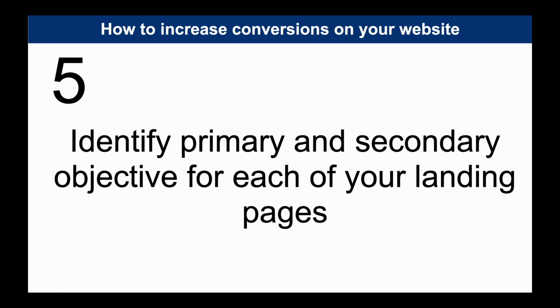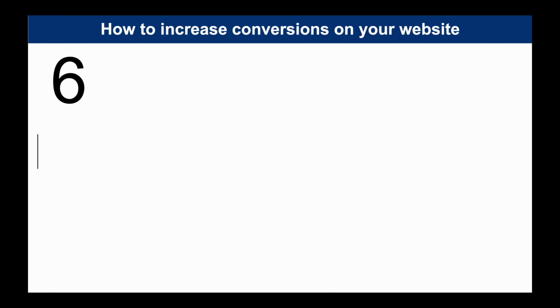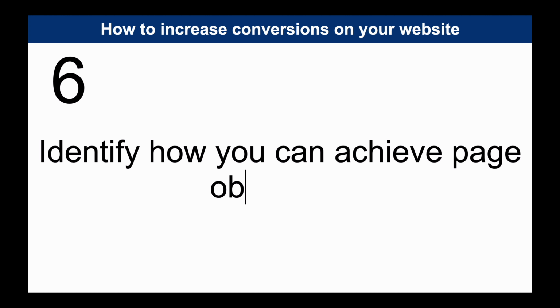Some organizations make the mistake of adding too many objectives. If you put primary and secondary objectives into a page, it causes confusion for the customer. The next thing you want to look at is what is the most effective way to achieve the objective. The objective of a product page is to sell a product. It's not to entertain or educate or anything. People that land on a product page are assumed to have already made up their mind and they want to buy.